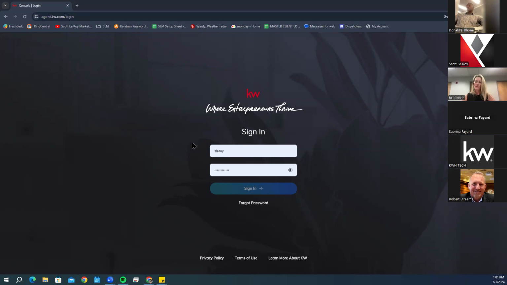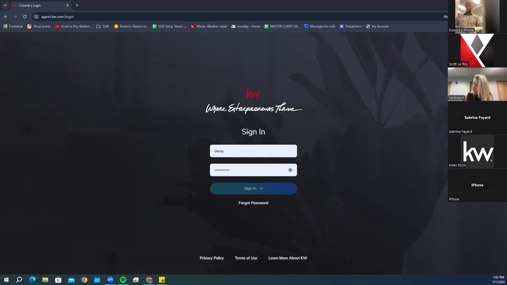Now, I do want to start by letting you know that your username is not case sensitive. However, your password is. So be sure that your password, if it's supposed to be capitalized in a certain spot, is, and that you are not adding a space before or after your password, as this will not allow access. If you need to look at your password as you are entering it, you can do so by clicking on this little eyeball here, and it will reveal your password for you,